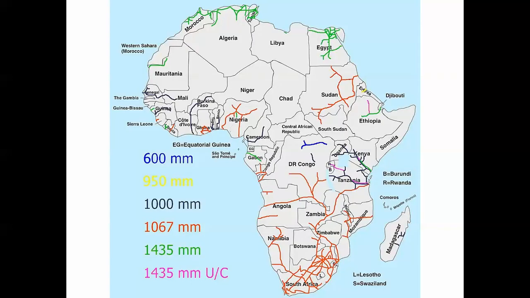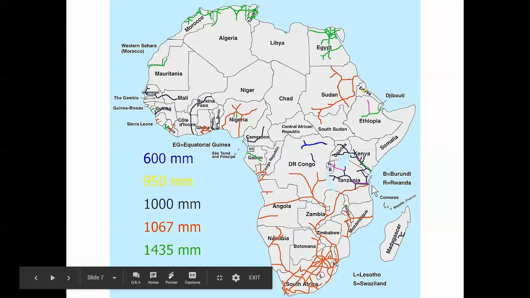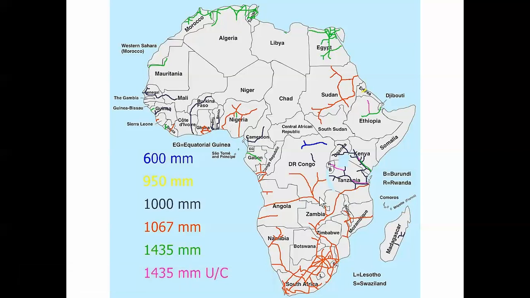That and a very strange transportation system. And I want you to look at this. These are all the different rail gauges. In other words, that means that the distance between two rails is different. It means a train from one can't go to the other. But the other thing I want you to notice is, because of the rivers' challenges, what the colonial development did is build train systems. You notice all these train systems go from the interior to the coast, interior to the coast, interior to the coast, interior to the coast.